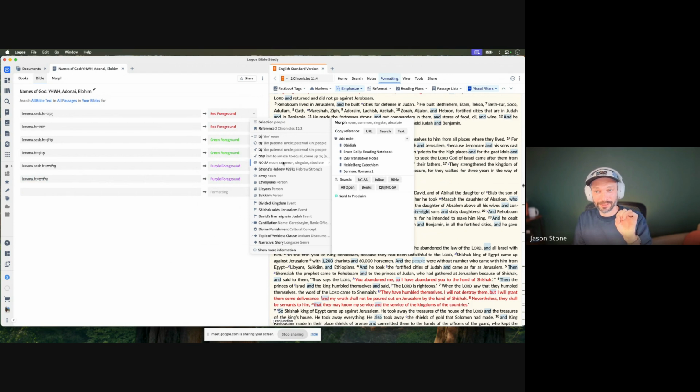In this case, maybe you want to find the morphological, the actual declined form, which is like noun, common, singular, absolute, and you want to find every occurrence of this particular Hebrew word in the Old Testament. So you come over here and you want to copy the actual declined form of it.